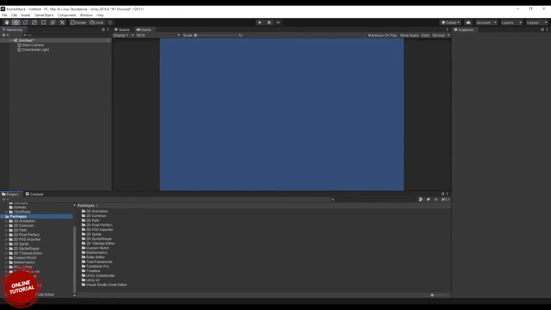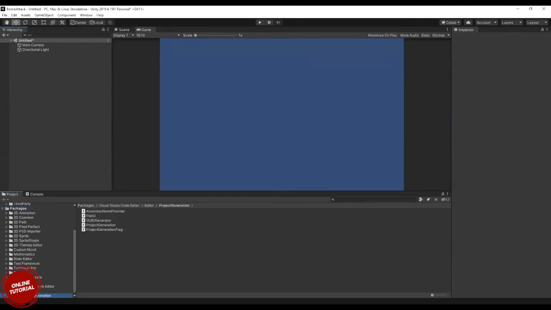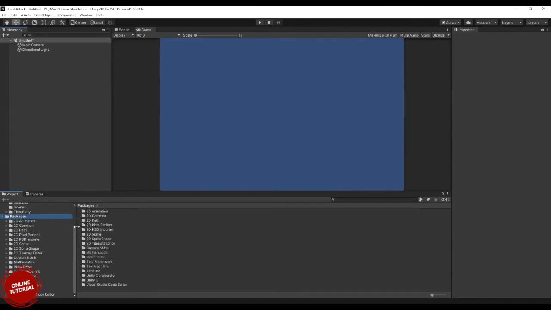So if you want to communicate with your Visual Studio editor, the library for communication is placed here. If you want to do an animation in Unity, the library for animation is placed here. Similarly, depending upon your requirement, you can add a lot of libraries in this. You need to import the libraries. As soon as you import the libraries, they will be visible here.